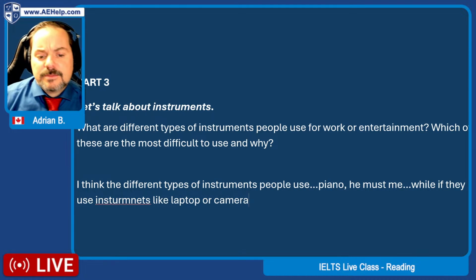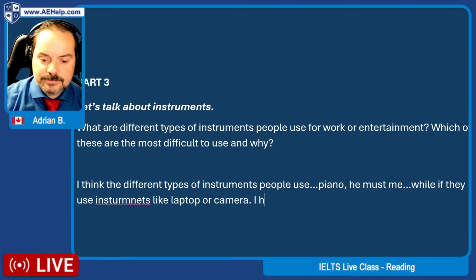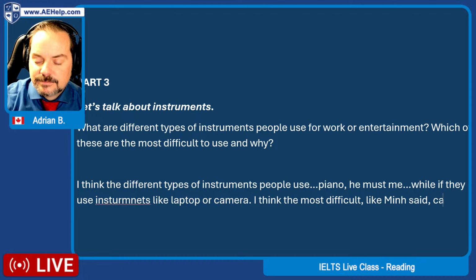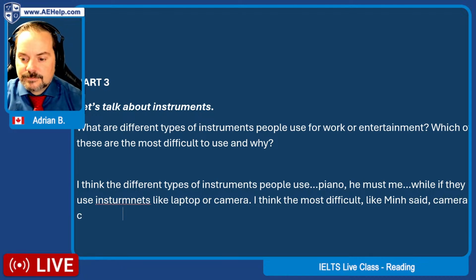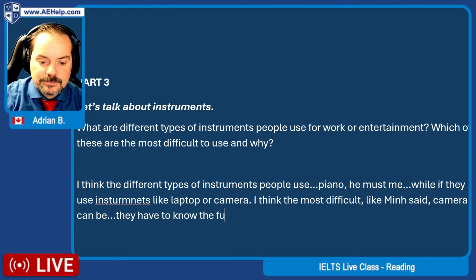Which of these are the most difficult to use and why? I think when people use a camera, it becomes more difficult if they are a beginner. They have to know the functions and basic skills in order to get high quality pictures, such as shutter speed, exposure, and stability.